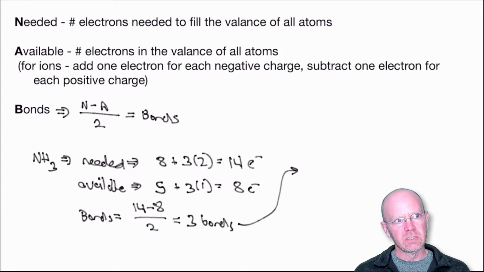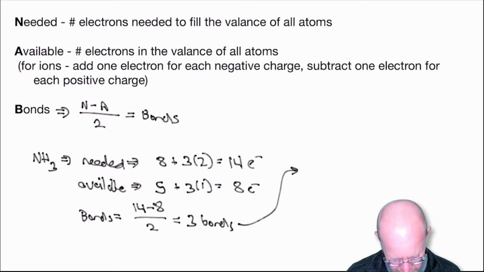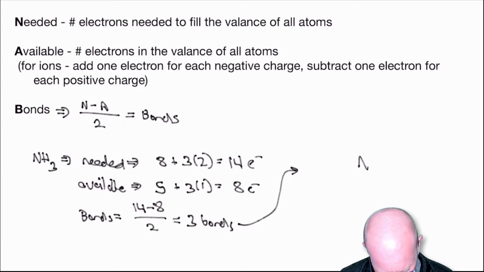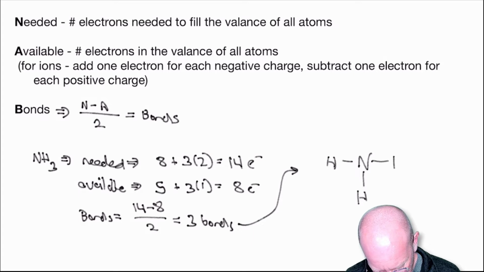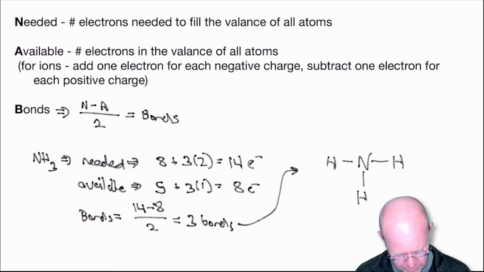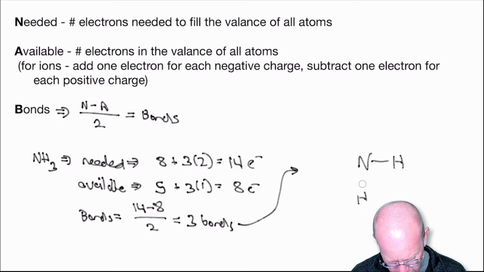When you're starting to draw a Lewis structure, what you need to do is arrange the atoms that are involved in the molecule with the least electronegative element in the center, at least for the simple molecules we're going to start with. So, for example, nitrogen is going to end up in the center. Nitrogen has to be in the center because hydrogen can only make one bond. Oops, I jumped ahead. So I'm going to reverse this. I know we already know the structure, but